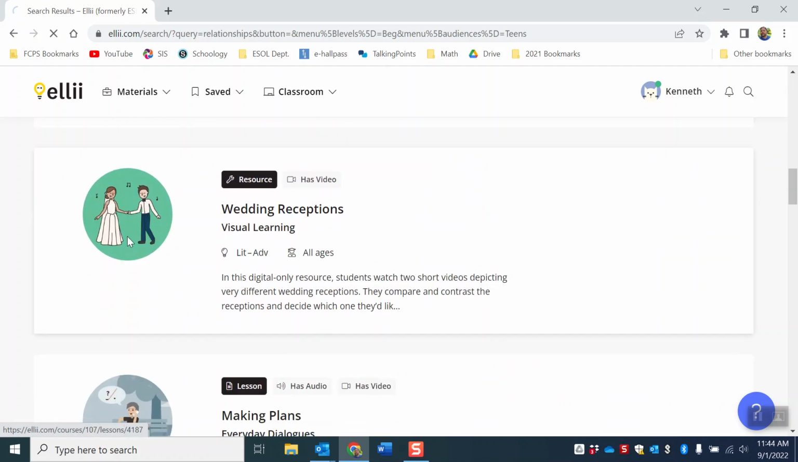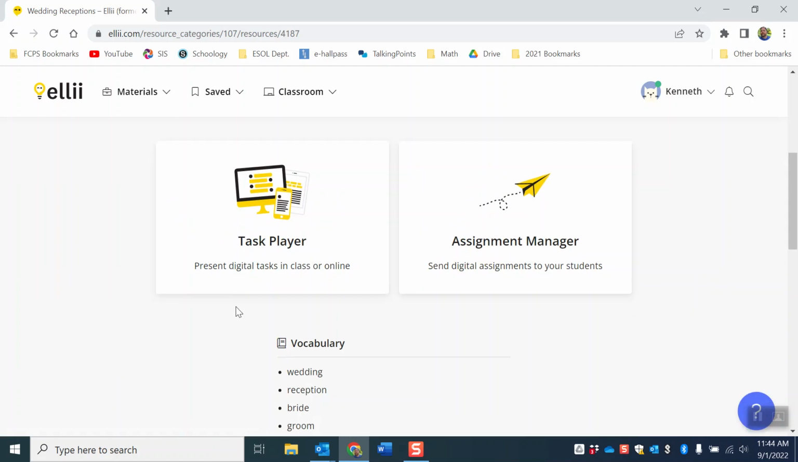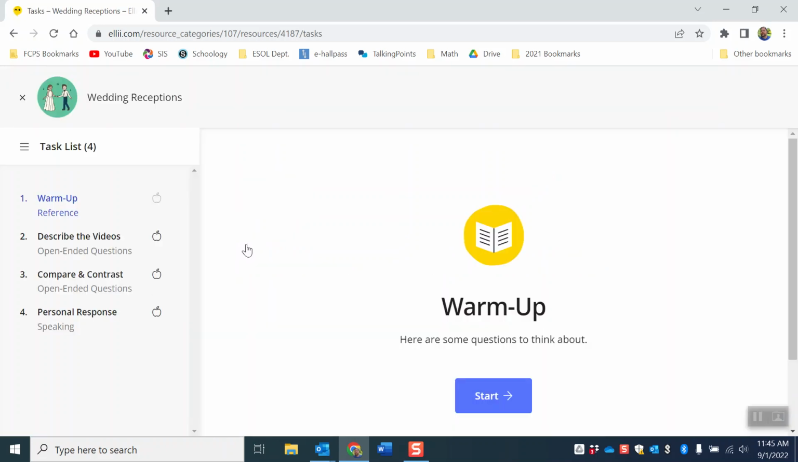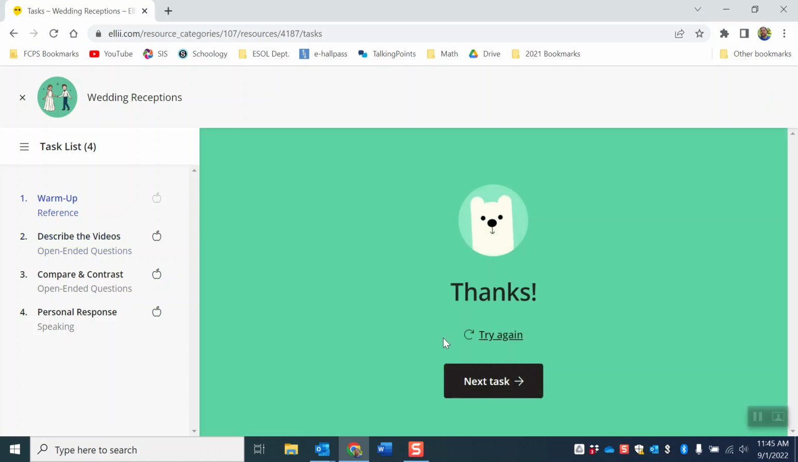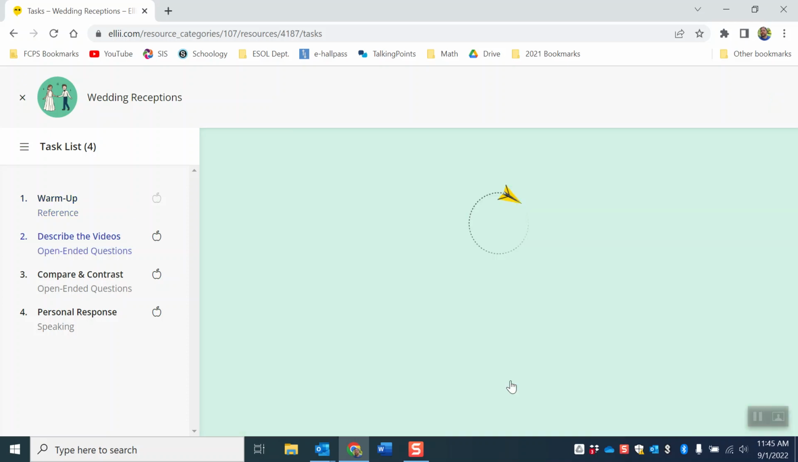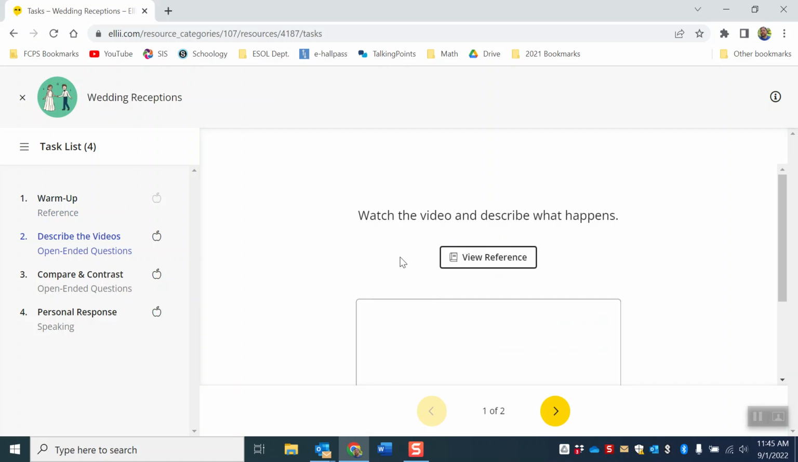They have videos. You go in here, you go to Task Player. Now, if you get a subscription by yourself, you can just go ahead and assign this to classes that you set up, just like your co-teachers do in their classrooms with other applications. So I go to Task Player, and there's a warm-up with some questions that you could have the students talk with each other about. Click I'm finished. And then they can go on to the next task, which is to watch a video about